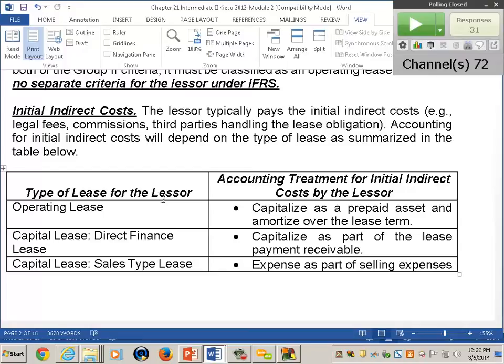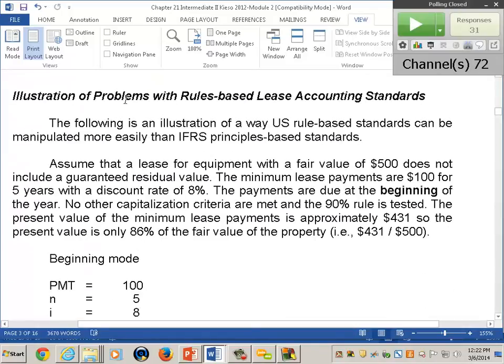Now, the question is, how do you get the conflict resolved? Well, it's not as easy under IFRS, but let's go to page 3, and under US GAAP, I'm going to give you an example. I'm going to show you that by using rules under US GAAP, and this is some of the biggest criticism that's going to precipitate the change in standards, I can get the lease I want and give you the lease you want as the lessee. Here's an example.